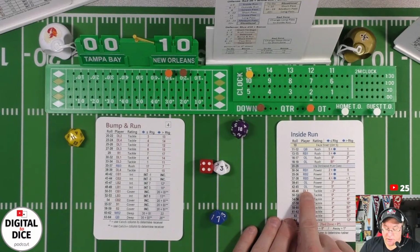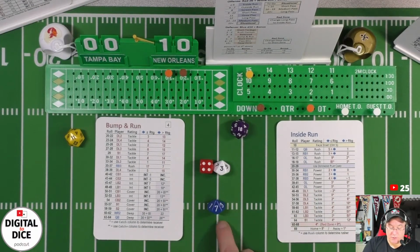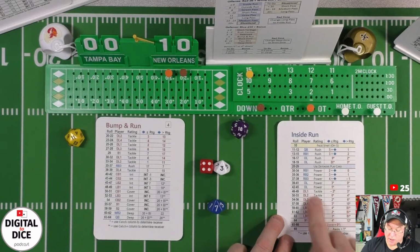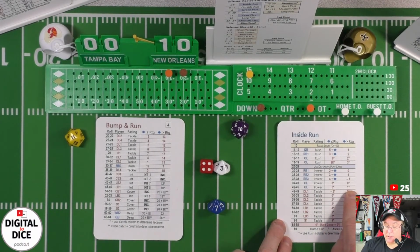That's where you start. Is the offensive line power? I need to check the offensive line power for New Orleans. The offensive line power is 4. It's less than 7. Okay, so you have to meet or beat this to get the better result, which is this column. So on a 43, it would have been a 5-yard gain if my offensive power was equal to or greater than this. It is less than that, so I go to the next column,